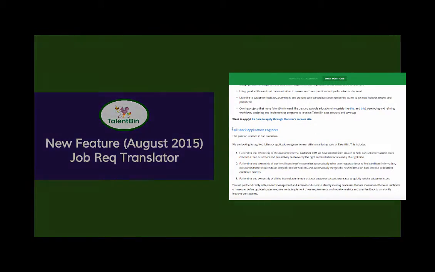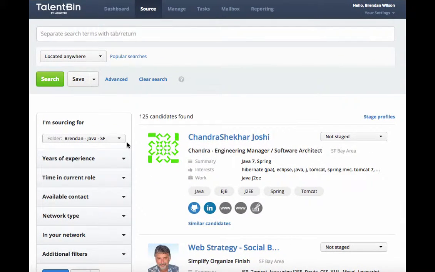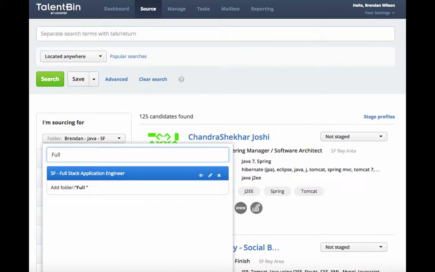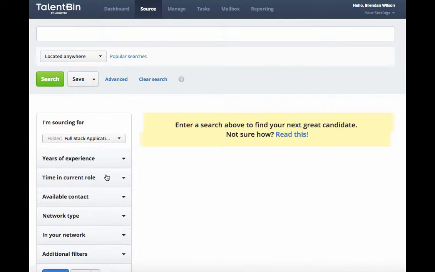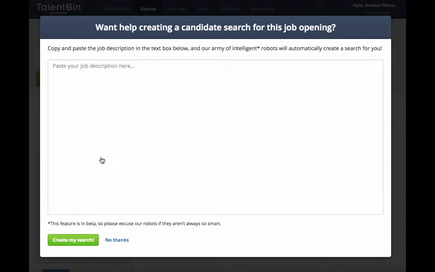Let's take a look at how it works. So there's currently 3 ways to open the Job Req Translator. I'll start with the easiest, which is simply to create a new folder for the rec that you're working on. Once I create this folder and hit Add Folder, you'll get a pop-up that will say, "Want help creating a search for this folder?" All you have to do is hit Let's Do It at this point, and then it